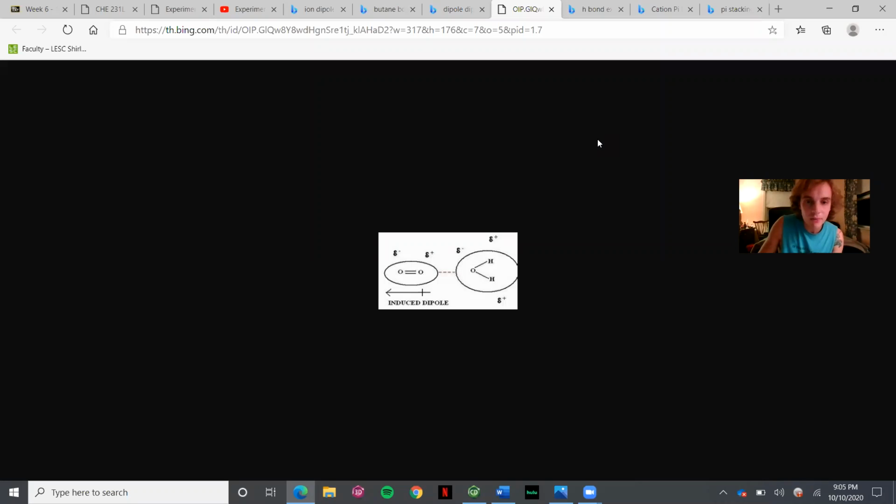So moving on, to help you with the exam. Induced dipole. Here's a good example of an induced dipole. We have a water molecule, and we have a molecule of oxygen. Oxygen we breathe, it's a gas, and water at standard temperature and pressure is a liquid. So they actually can form bonds. The ocean water and the oxygen in the atmosphere can actually form bonds to one another, even though